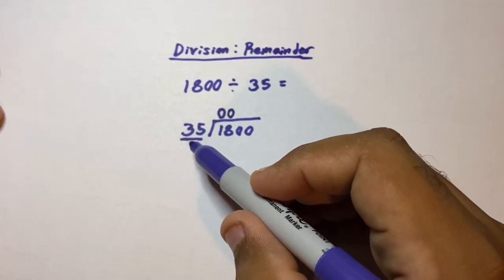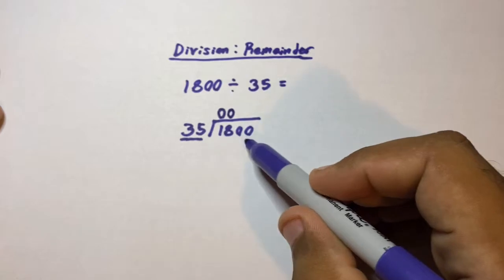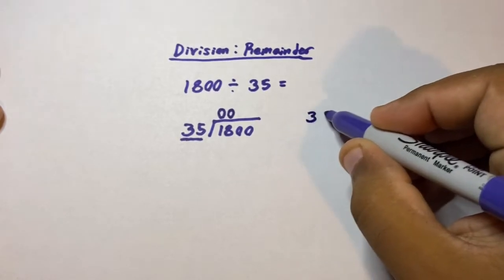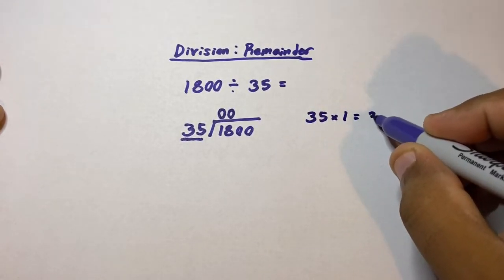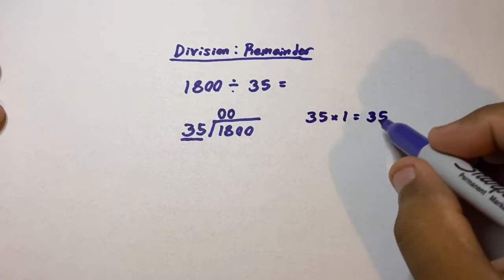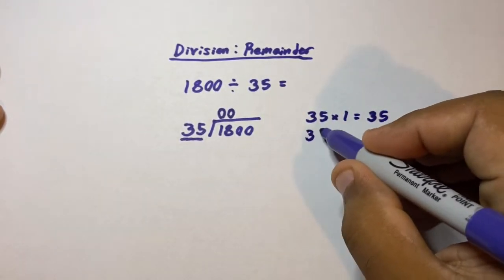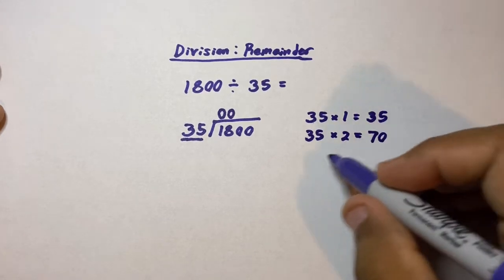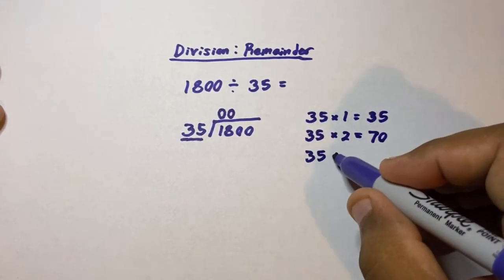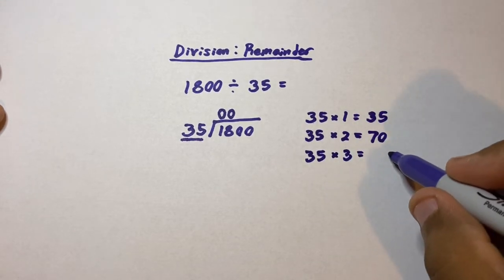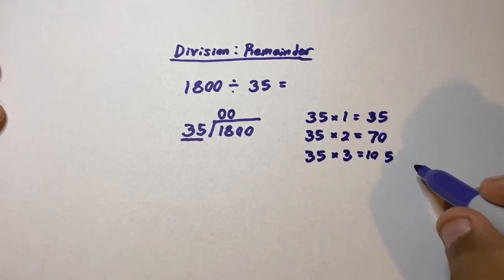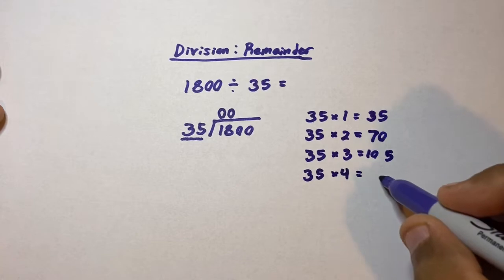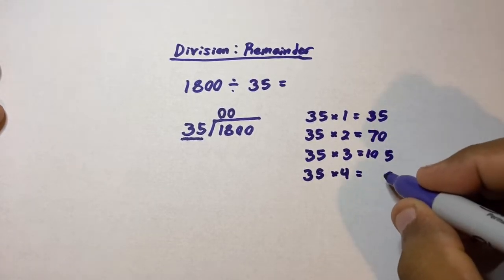The next thing, can 35 go inside 180? Well, let's find out. If you know your multiples, let's say 35 times 1 is 35. 35 can fit in 180. Can we go further? 35 times 2, that is 70. We can still keep going. 35 times 3 is 105. Okay, let's keep going. 35 times 4, that'll be